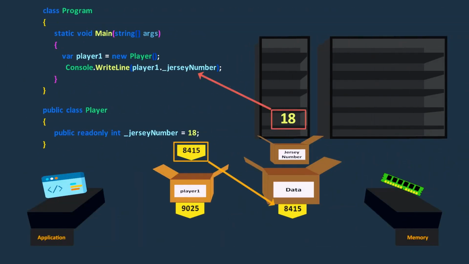On the other hand, read-only fields require a memory lookup at runtime to retrieve their values. Although this lookup adds a slight overhead, it's important to note that the performance difference between const and read-only fields is usually insignificant, unless you have a large number of fields or you're accessing them in performance-critical situations.